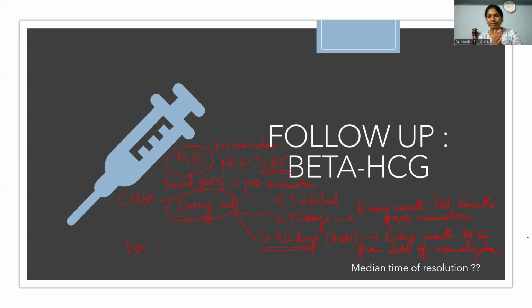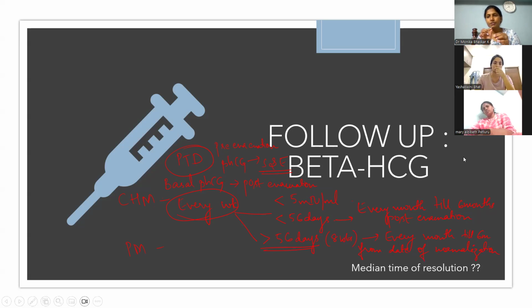So today we have done evacuation of the molar pregnancy. Tomorrow we have done a serial beta HCG. So we have repeated the serum beta HCG tomorrow, and we have got a basal level, for example, around 10,000. So weekly we have to repeat the beta HCG. If this weekly repetition of beta HCG has come back to normal, that is less than 5 milli international